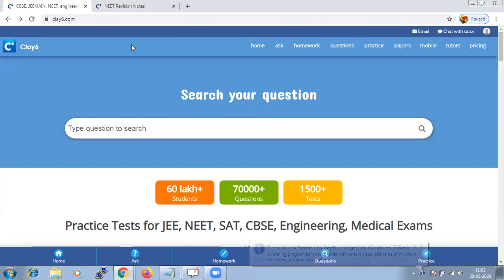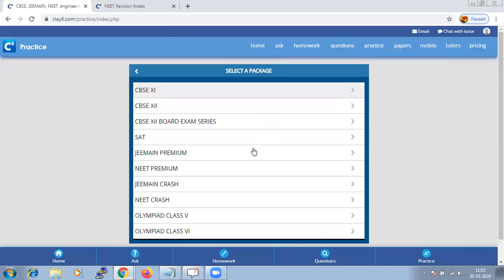So before we start the chapter P block elements, let me briefly walk you through how to access the revision notes and test in the Clay6 website. If you go to clay6.com and click on practice, we have different packages available here. Since we are going to discuss about